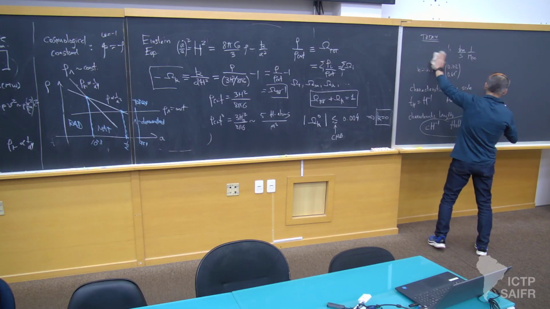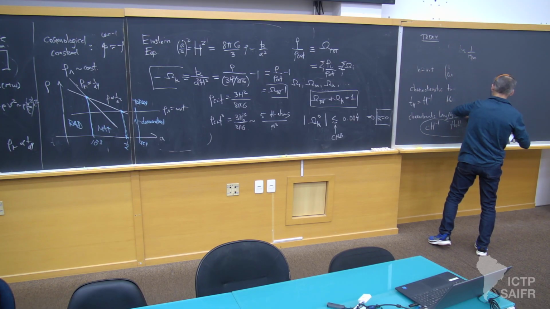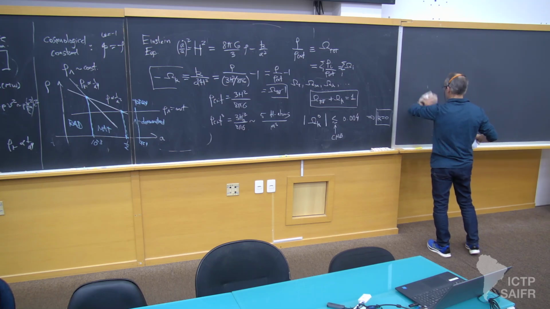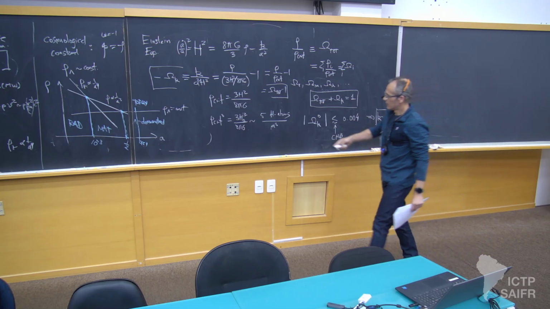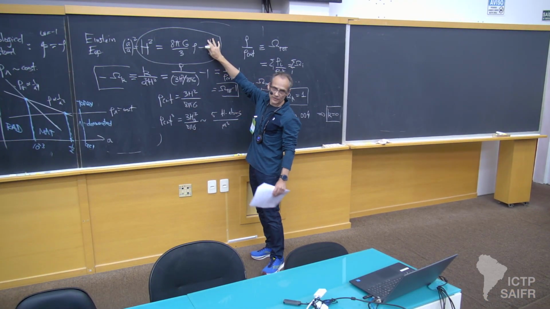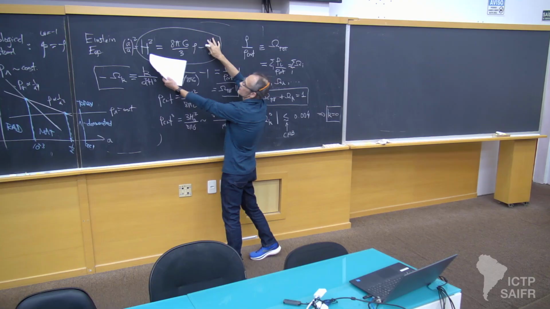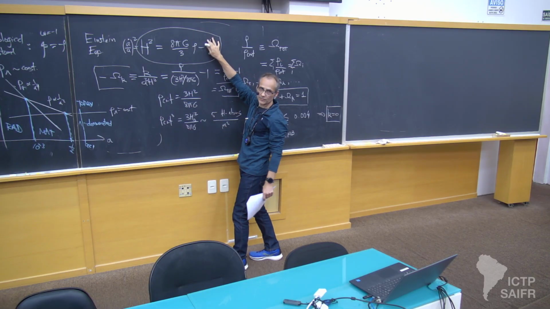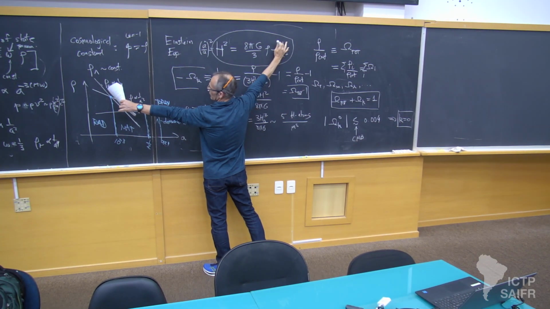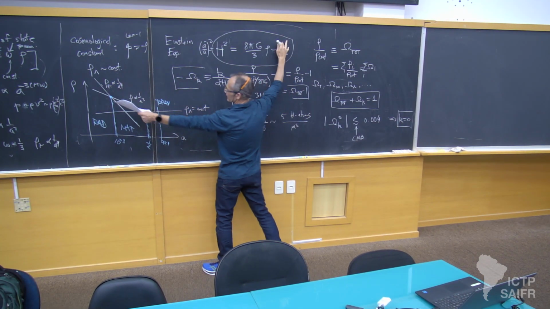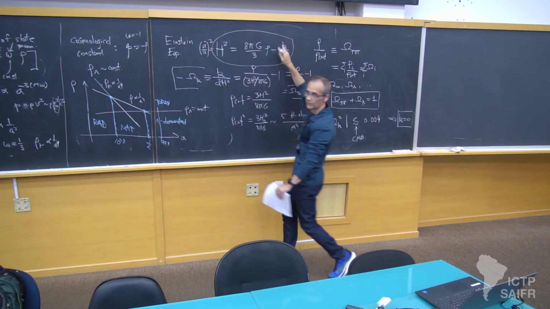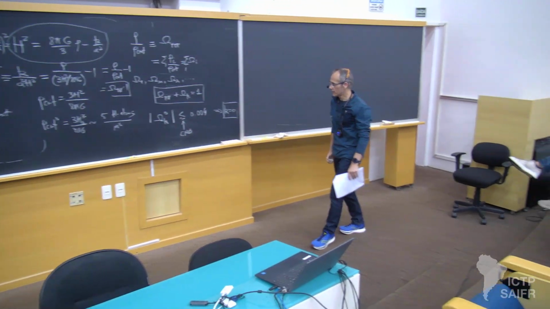Okay, so now, given the Friedman equation, if I set k equals 0, if you give me rho, I can solve this differential equation for A as a function of time. Okay? So now I'm going to put a critical density worth of radiation and solve for A of t, a critical density worth of matter and solve for A of t, and then a critical density worth of a cosmological constant and solve for A of t.